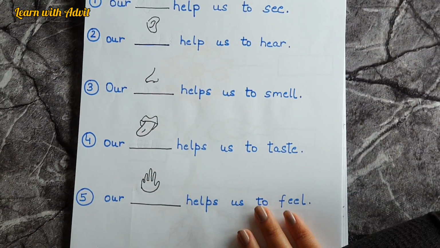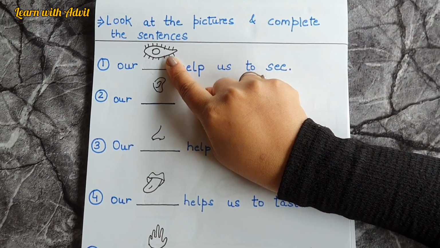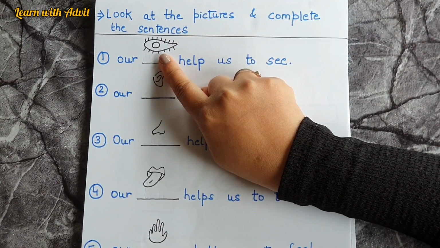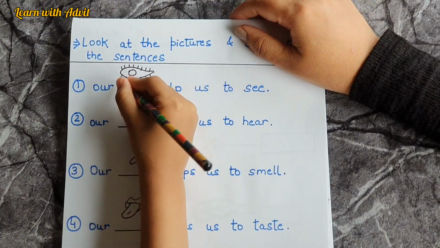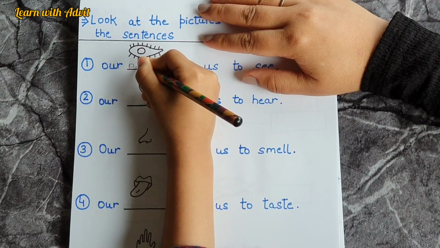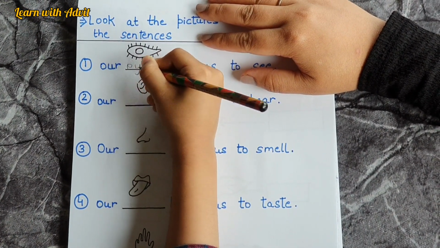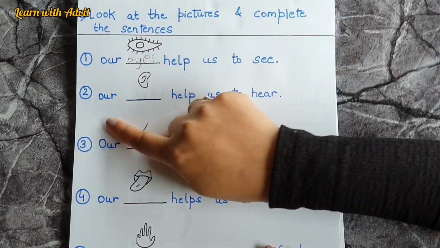Come on. What is this? Eyes. Eyes help us to look. Write it down. Spell and write. E. Yes. Y. Yes. E. S. Very good. Our